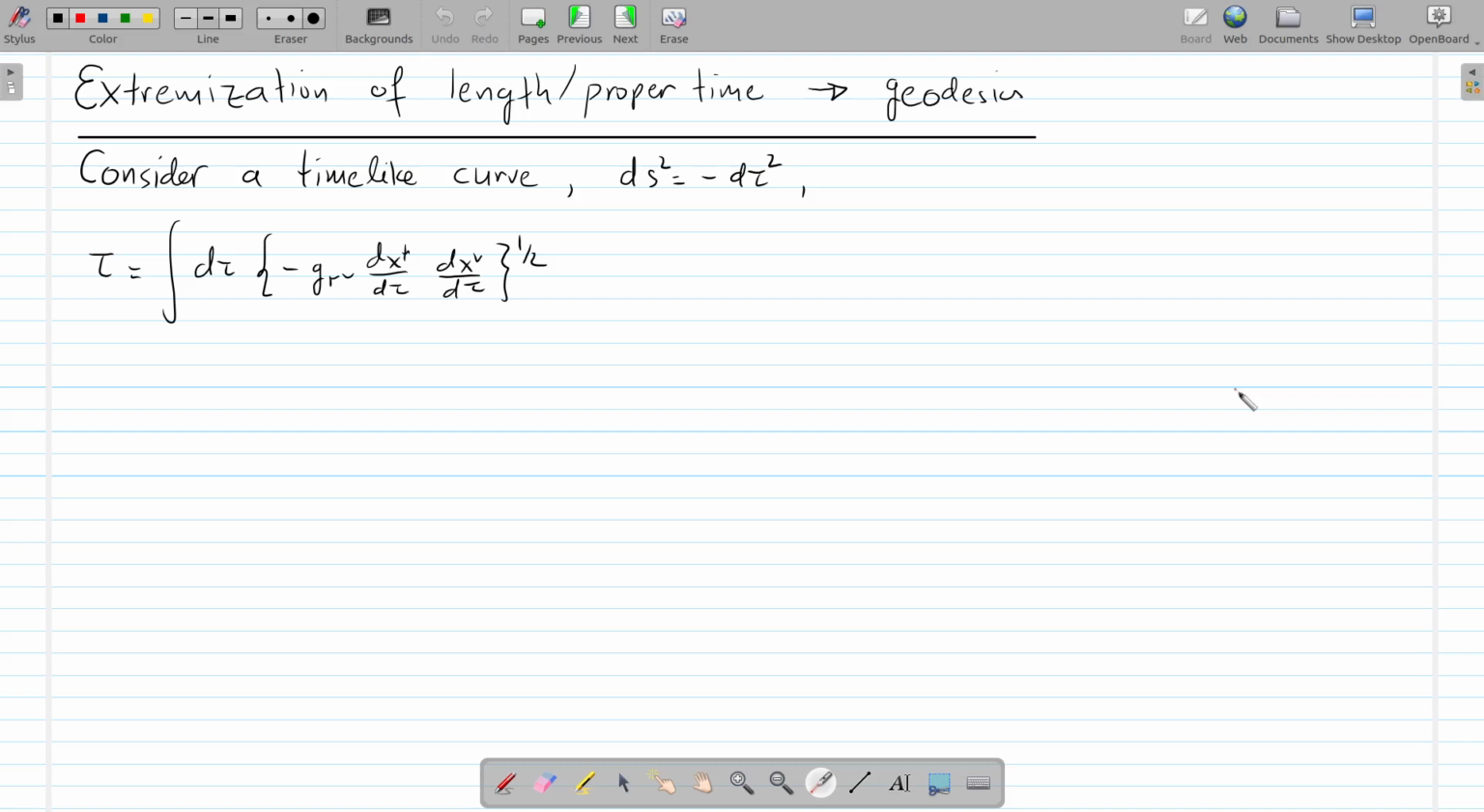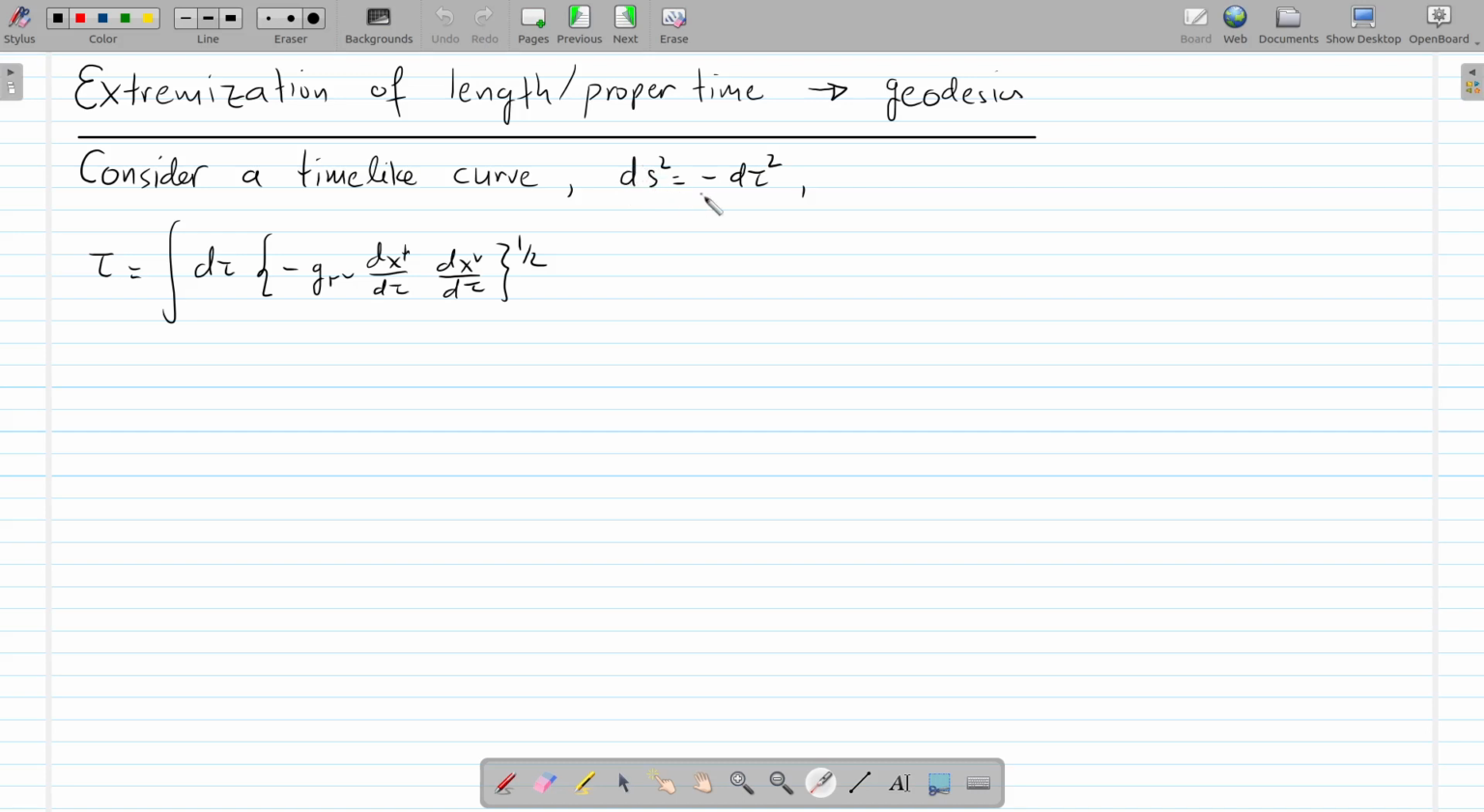Now let's see why geodesics are curves that extremize the length of proper time of curves connecting two points, two events. We will discuss time-like geodesics and time-like curves connecting two events, but the discussion follows the exact same steps if you want to consider space-like curves. So for a time-like curve, the